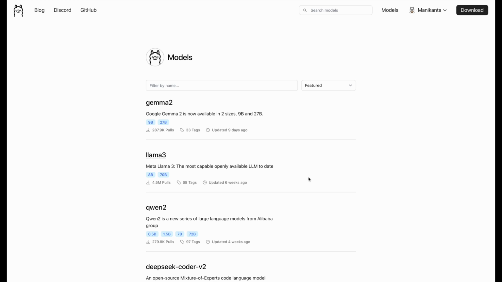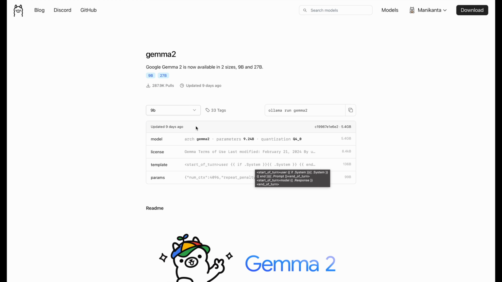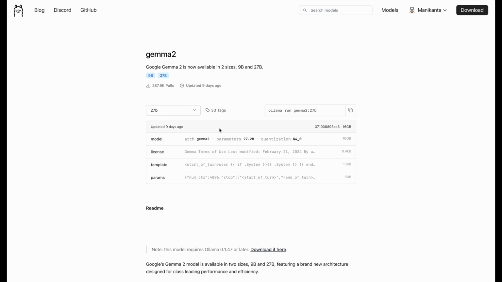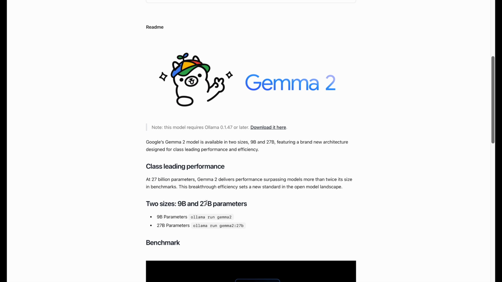That could be good. These are some models which they have created. Gemma 2 is the latest one. I'll just show you an overview of that. We won't be using this, but you could use it. There's a 9 billion parameter model, which is 5.4 GB. You could use that, that will be wonderful. And there is one more, 27 billion, which is around 16 GB, and this one is around 5.4 GB. That's why I've said